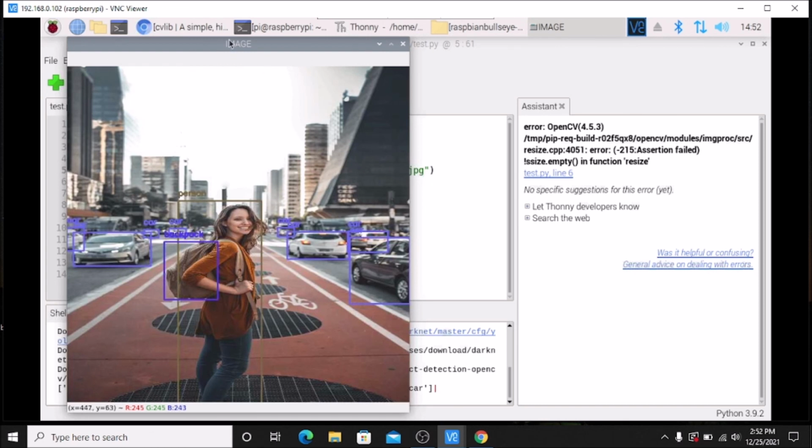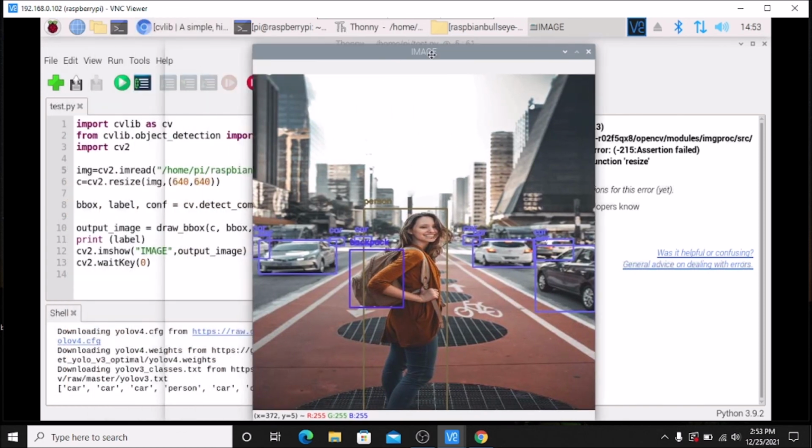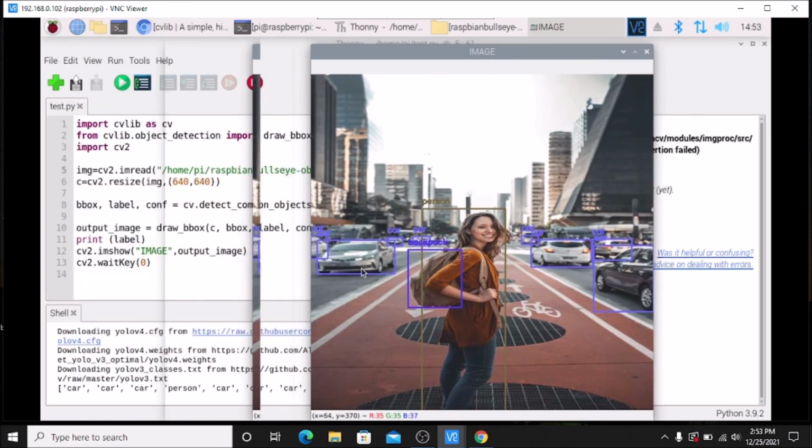So friends, as you can see, this is our image, and from the image we detect the objects. It says person, and it has created the bounding box on the person. This person also has a backpack, and it created a bounding box on the backpack, and there are cars also.